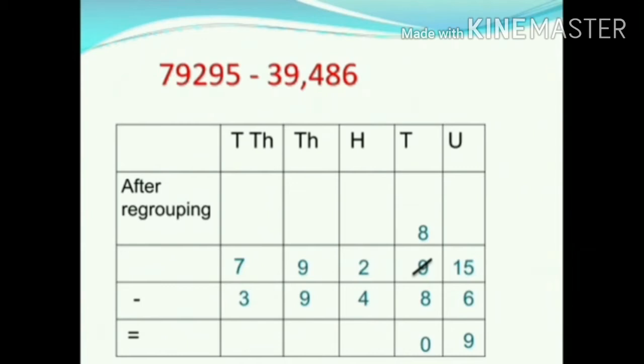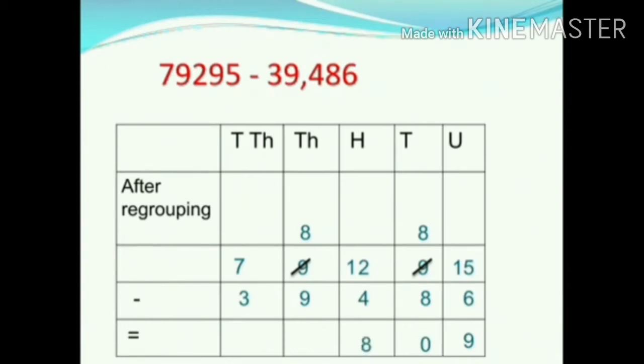They are 2 and 4. 2 is smaller than 4. So 4 cannot be subtracted from 2. Hence borrow 1000 from thousands place. 1000 equals 10 hundreds. Hundreds place can be written as 10 hundreds plus 2 hundreds equal to 12 hundreds. After borrowing 1000 from thousands place to hundreds place, thousands place is left with 8 thousands. Now subtract hundreds place digits. They are 12 minus 4 equal to 8. Write 8 in hundreds place.